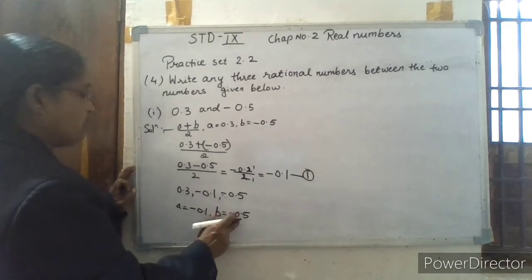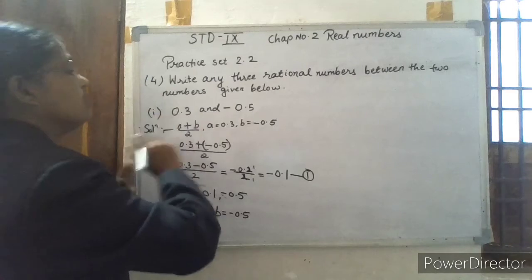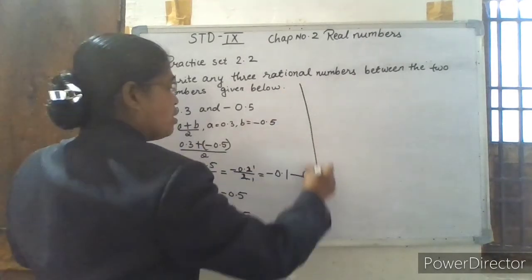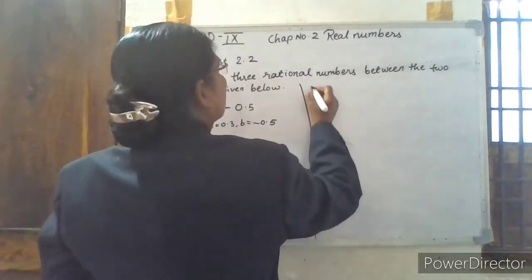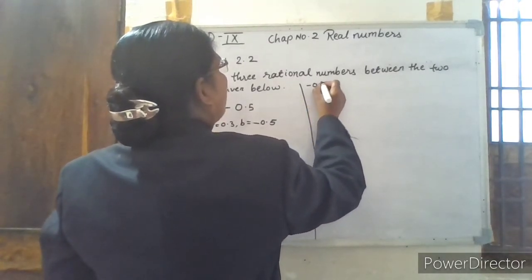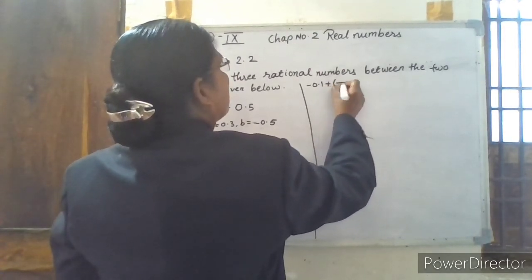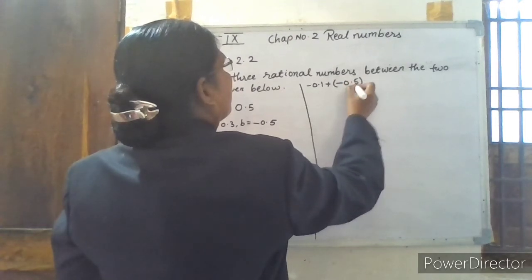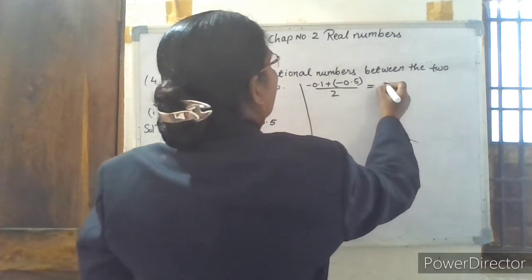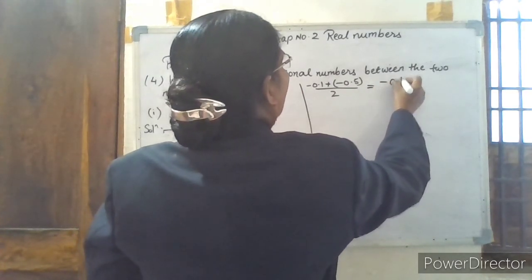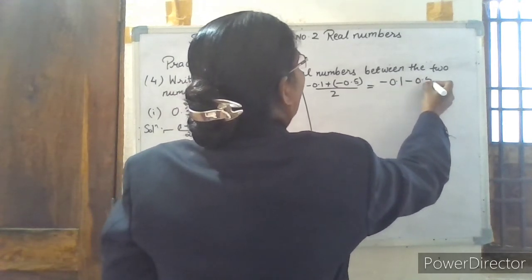Now taking these two as A and B, we have to use the same formula. So I will write the formula again. Now it is minus 0.1 plus, in the bracket, minus 0.5 divided by 2. Now open the bracket. It is minus 0.1 plus into minus is minus 0.5